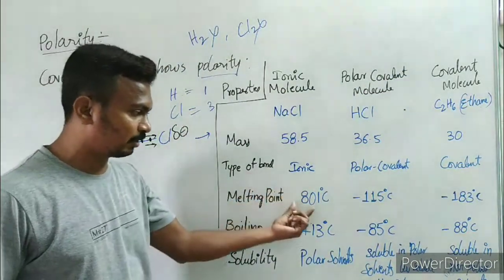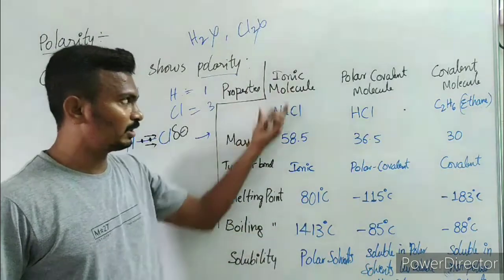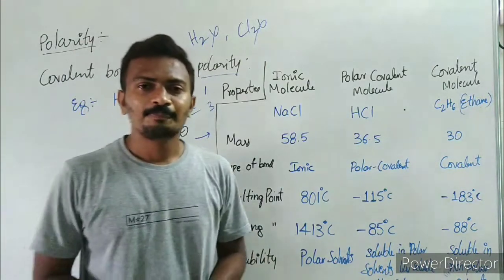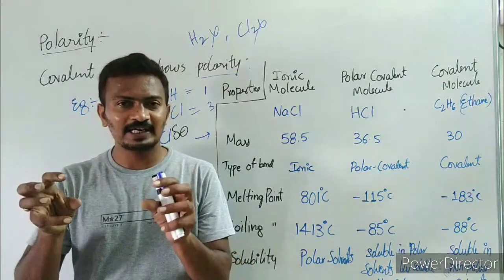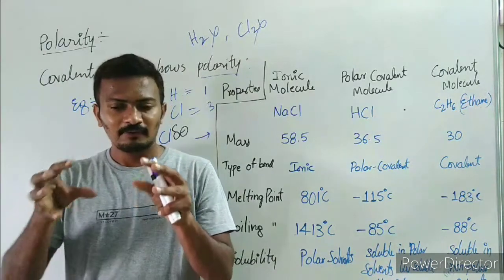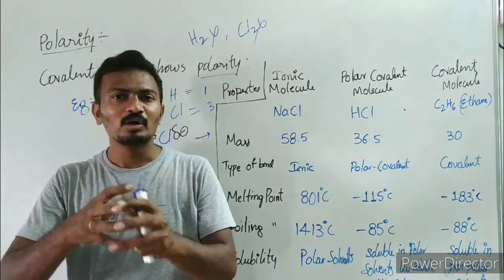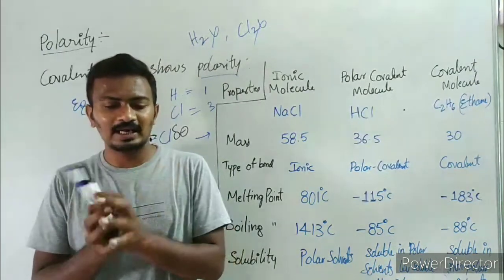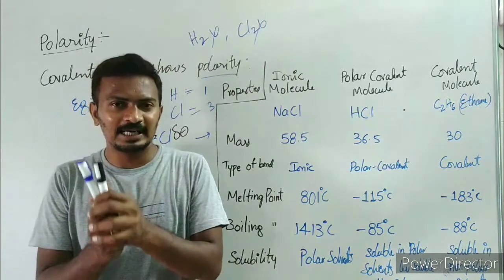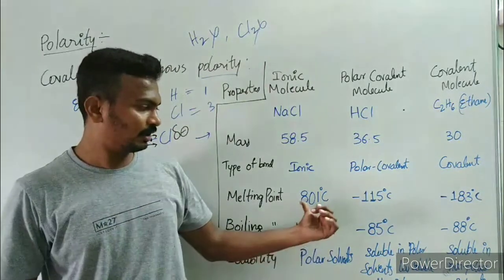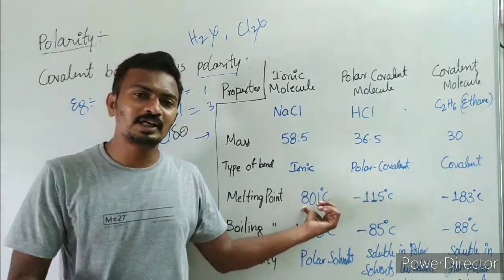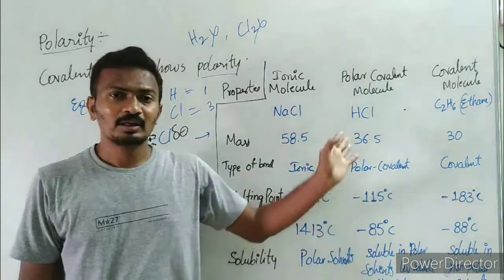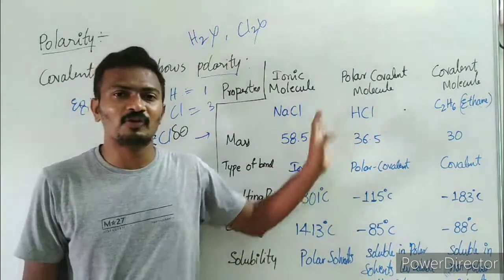Why is there a difference? If you look at these molecules, the melting point of NaCl, that is an ionic molecule, is 800 degrees centigrade. Why? Because an ionic bond is formed by the force of attraction between oppositely charged ions, and that force of attraction will be very strong. So in order to break that bond, we need to provide more energy. Also, those molecules will be packed very tightly due to the strong attractions. Therefore we need to provide more energy in order to carry out melting. Whereas in this case, they mostly exist in the form of gases.